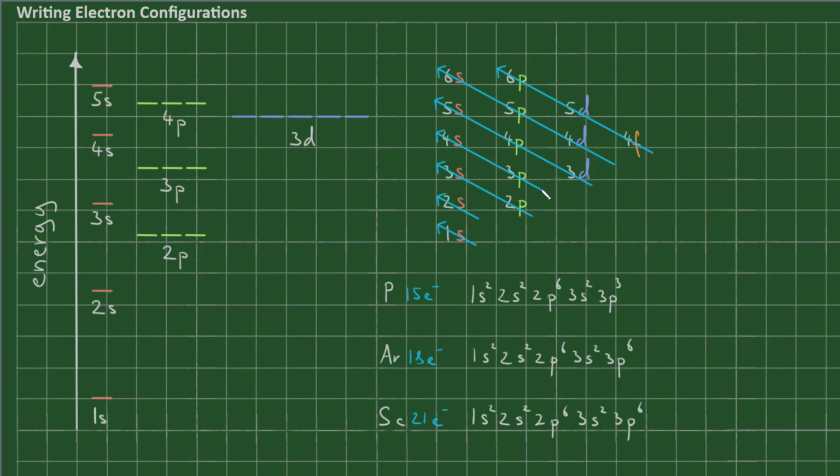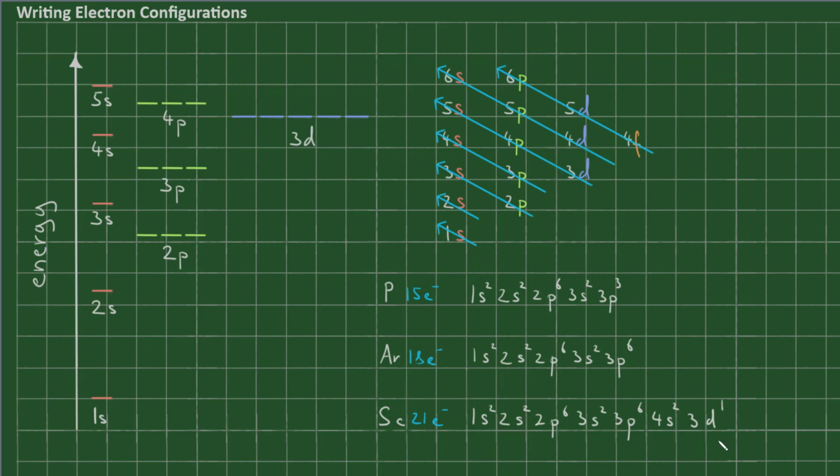Well, I can consult my arrows. So after 3p, I go to 4s. So now I have 4s, 2. After 4s, I go to 3d. And now I have 3d, 1. And that should add up to 21 electrons. 2 plus 2 plus 6 is 10. 2 plus 6 plus 2 is also 10. 10 plus 10 is 20. Plus 1 is 21. Note that there is an overlap between the electron configuration of argon and the electron configuration